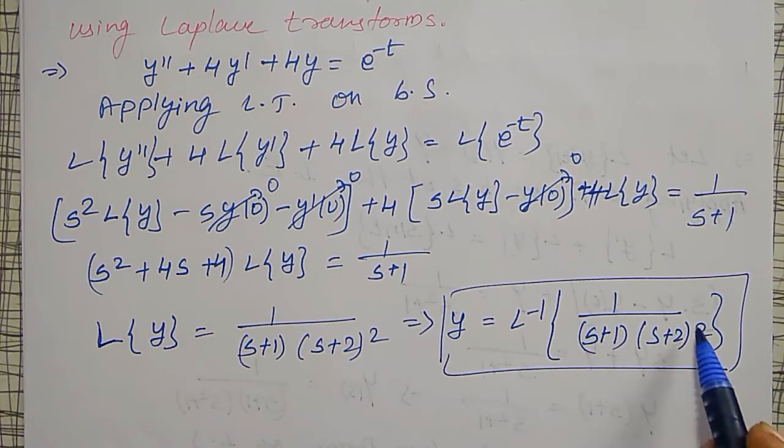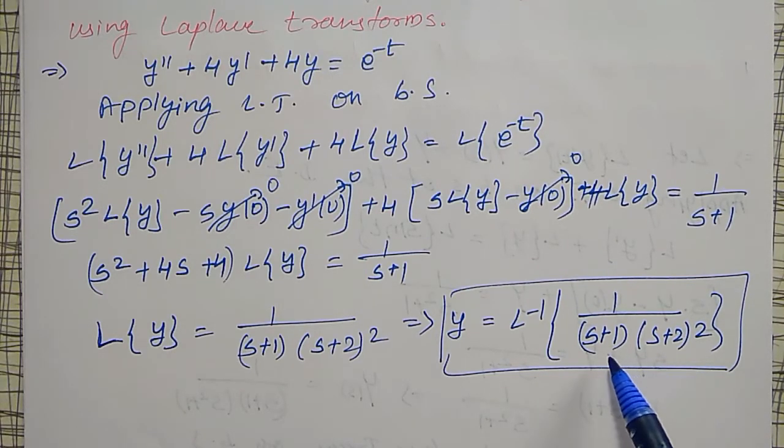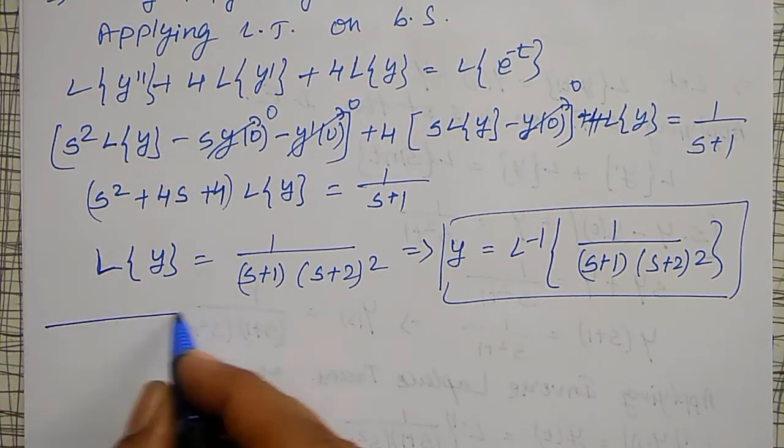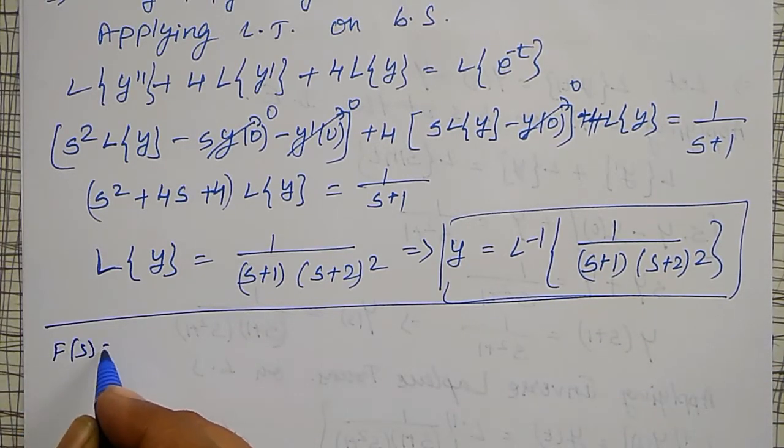To find the inverse Laplace transform of this one, you can use any of two methods. Both the denominators are in standard forms. You can use the partial fraction method, or you can use convolution. Any method you use, you get the same answer. For simplicity, what I will use here is convolution. Now a product of two terms is there, therefore let me consider capital F of s equal to 1 divided by s plus 1.